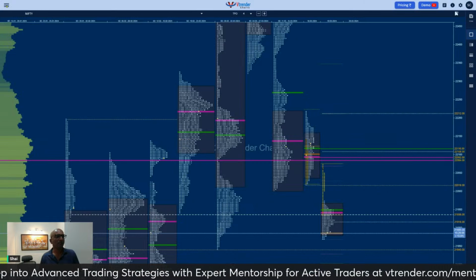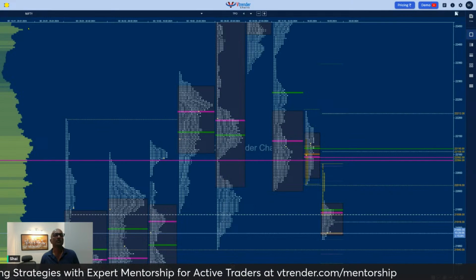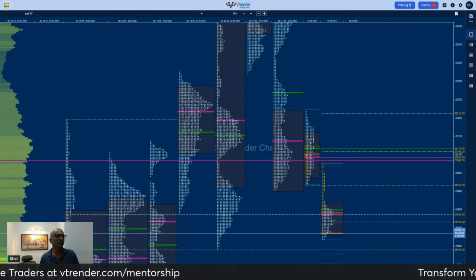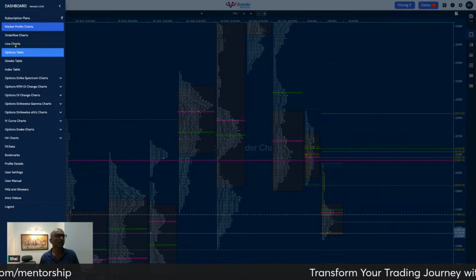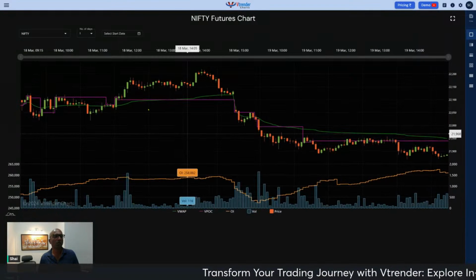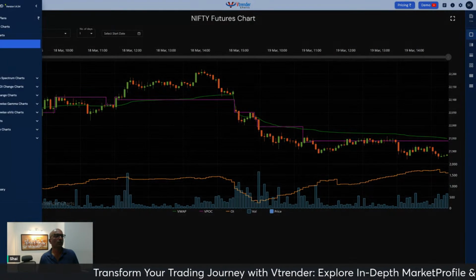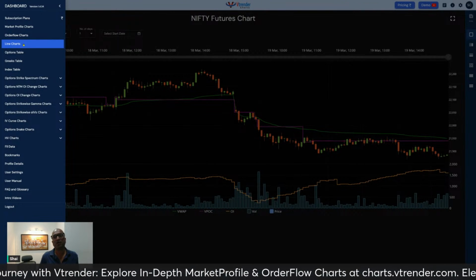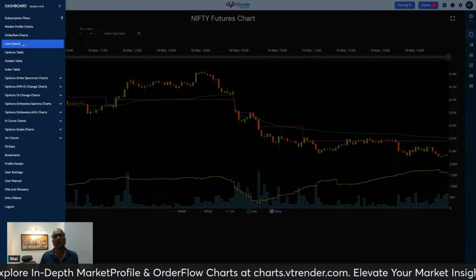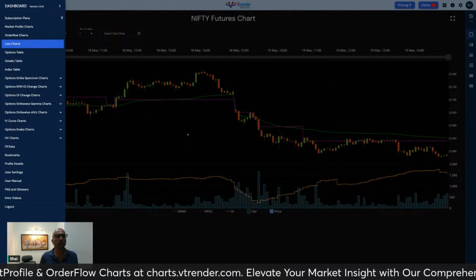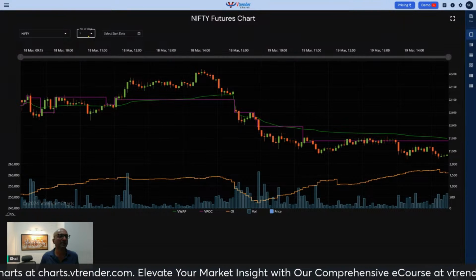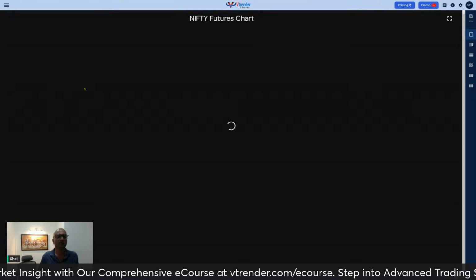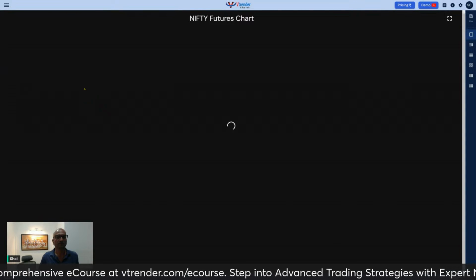Now, when it comes to VWAP, the biggest use I found in VWAP, and we're going to be spending some time over here, was in option charts. So just to bring all of you up to date, we now have this new addition in our menu option, that is the line charts, in which you can get a visualization like this up to the last 6 days. Now what I do is I use this a lot to find